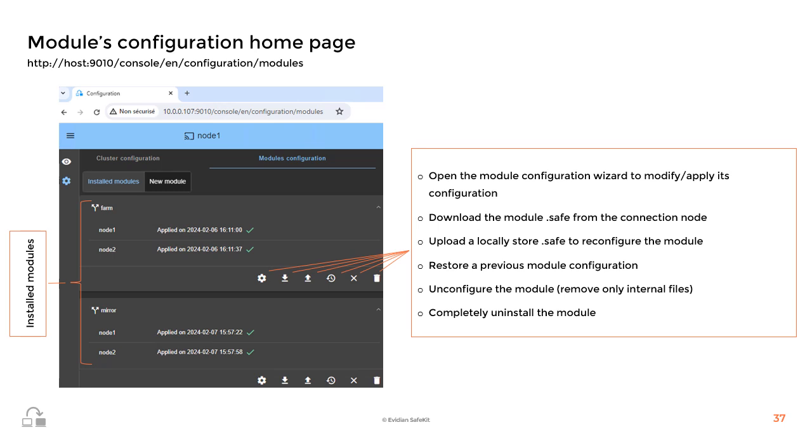The configuration files are kept for later reconfiguration. The sixth icon allows you to completely uninstall the module. Before reconfiguring, deconfiguring, or uninstalling a module from the console, ensure you close any editors, file explorers, shells, or command prompts open in the module directory on the node side. Otherwise, the operation will fail due to locked files.